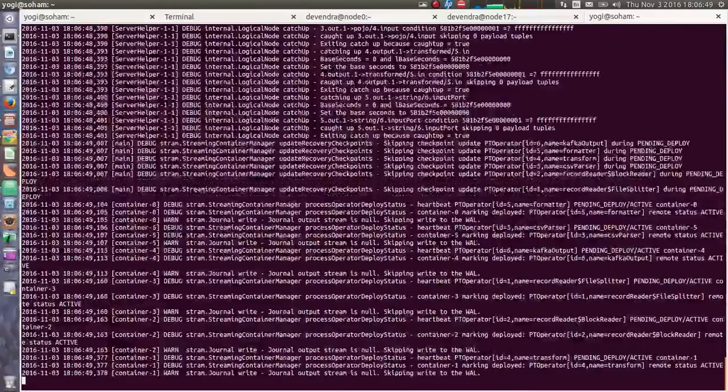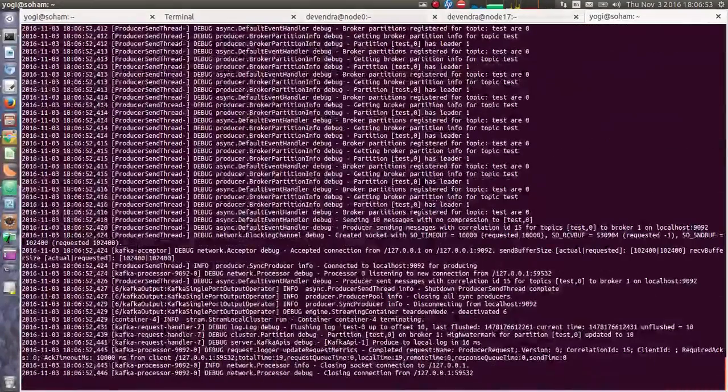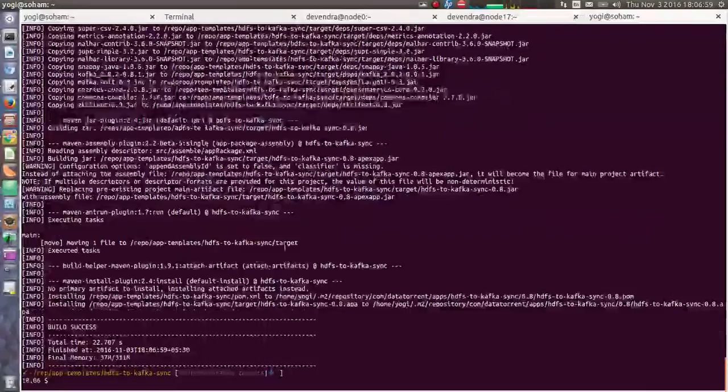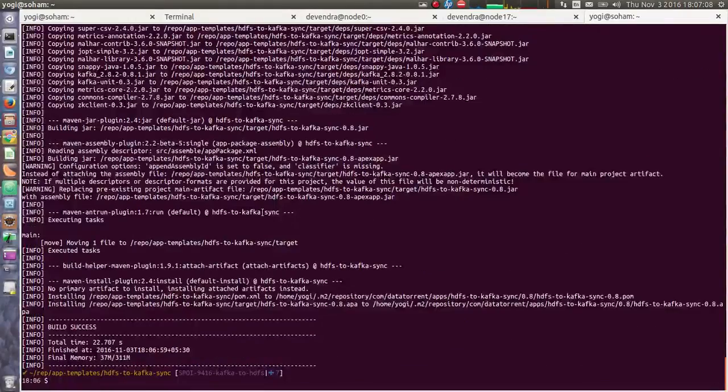Again it will run unit tests. And it says that all the tests are passed, 0 failures, and build is successful.